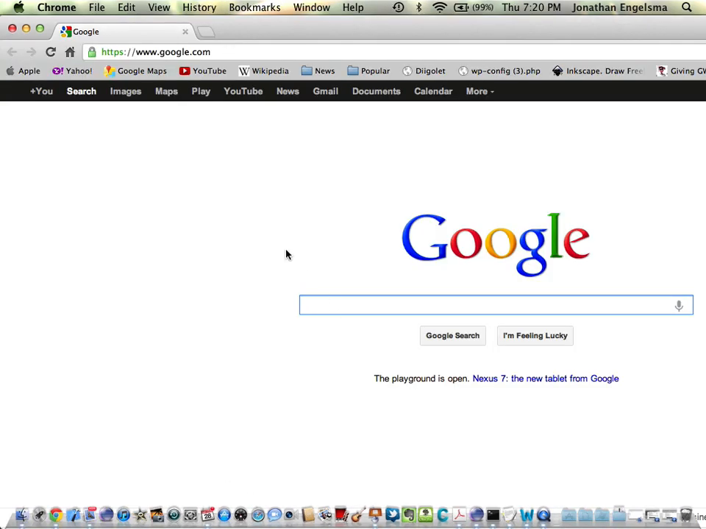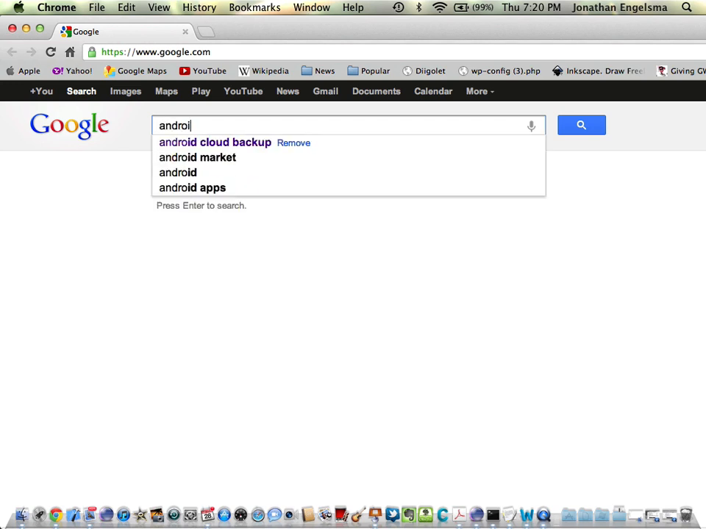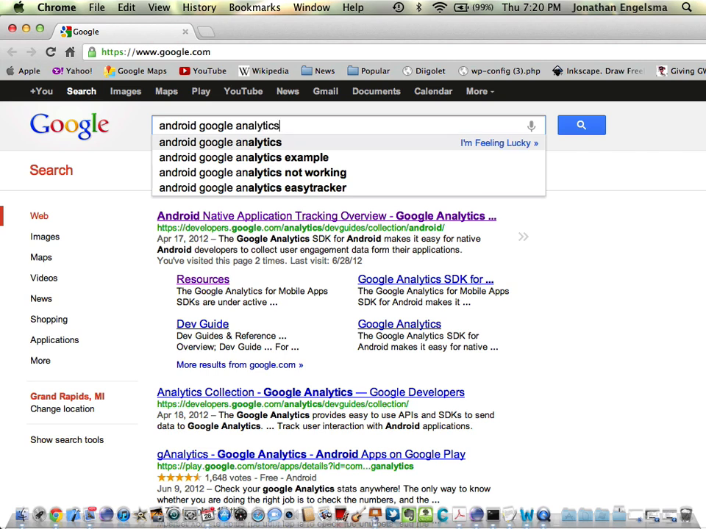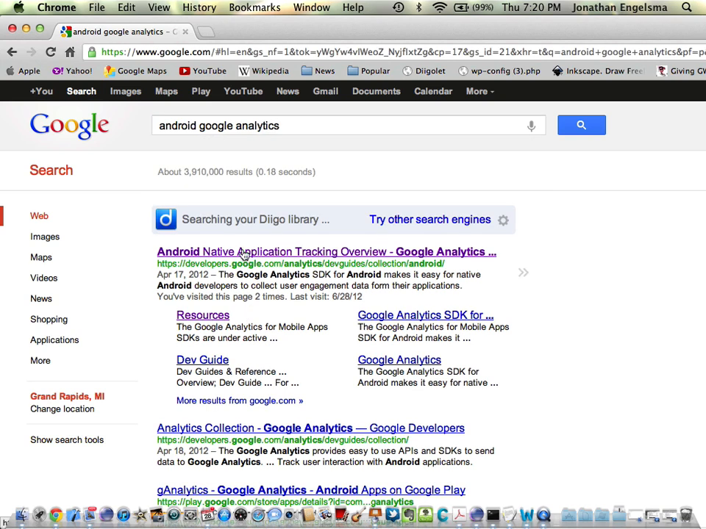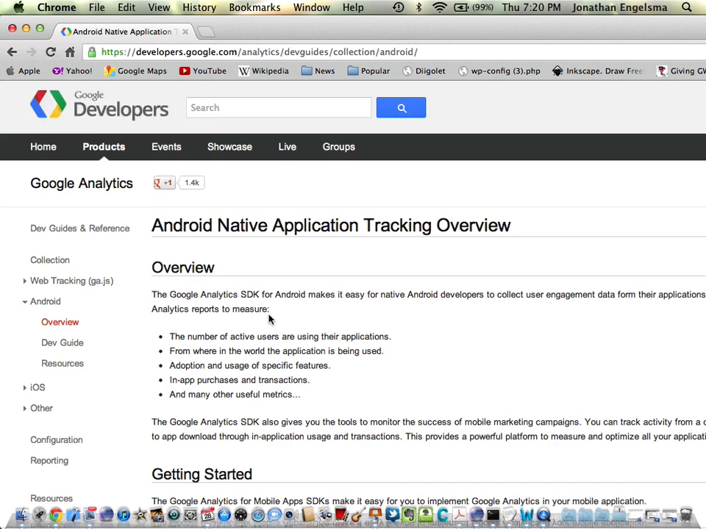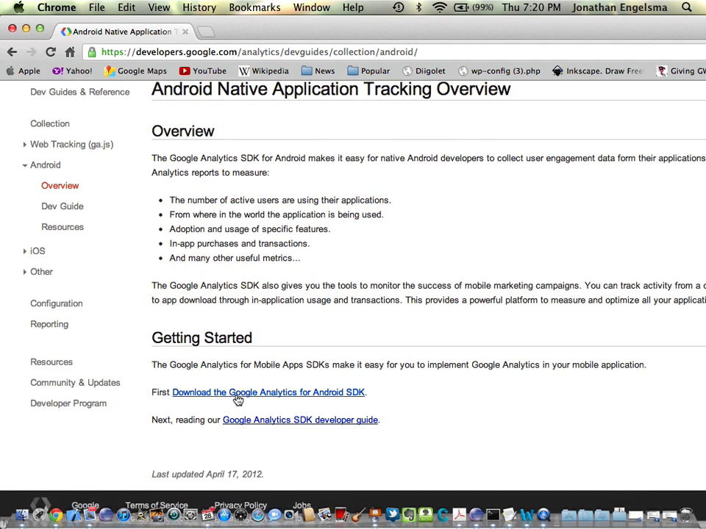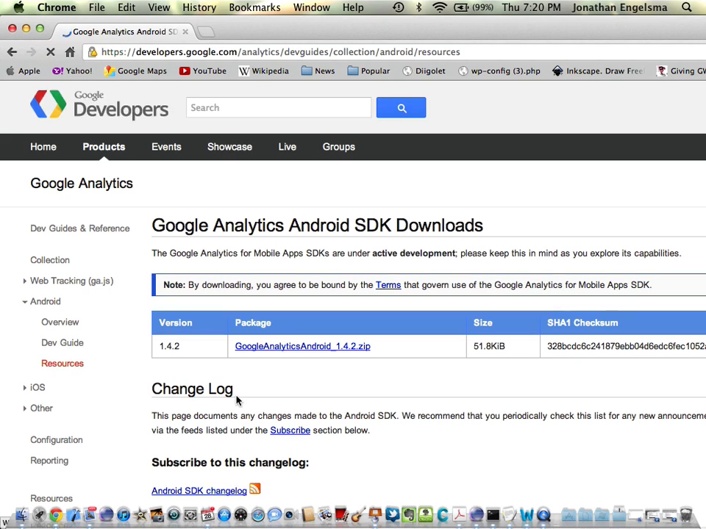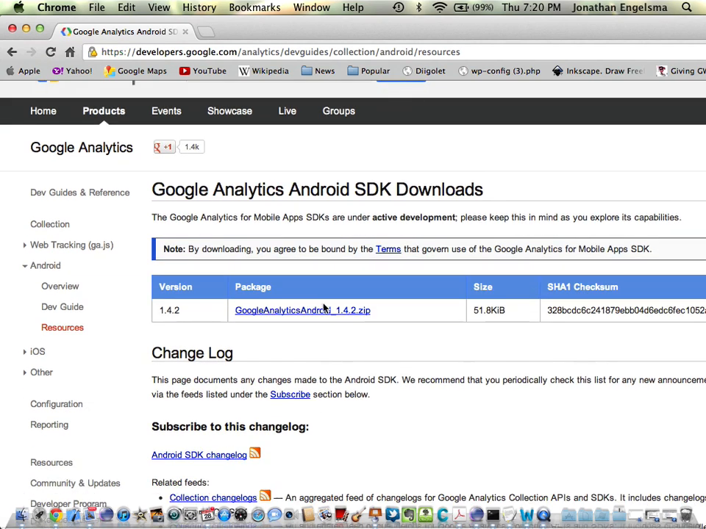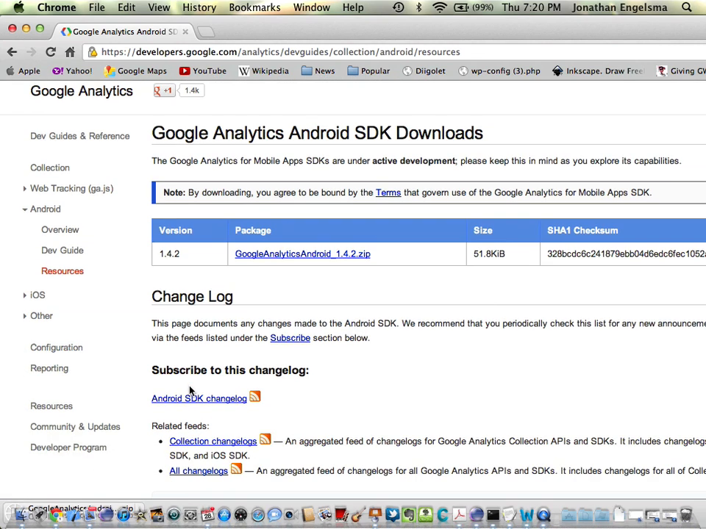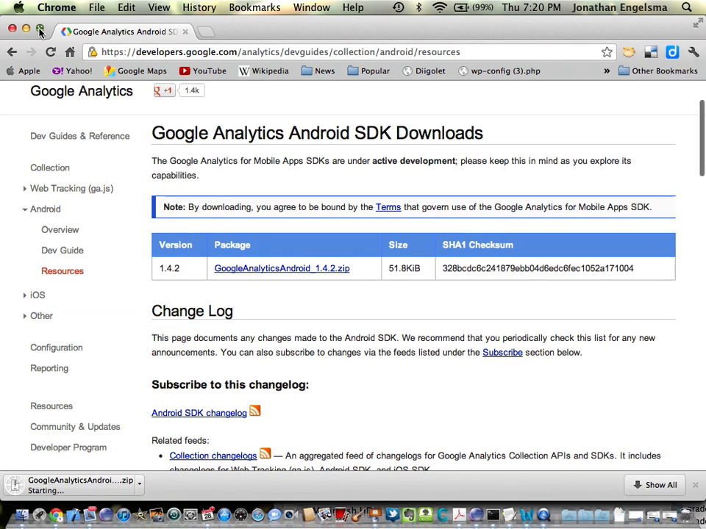to it. The other thing you can do, of course, is just search for it. So if I say Android Google Analytics like that, the top link here is going to be that library. And here it is. And to start, I want to download the Google Analytics SDK, and it's this zip file right here. So I'm going to download that, and it drops it down here,